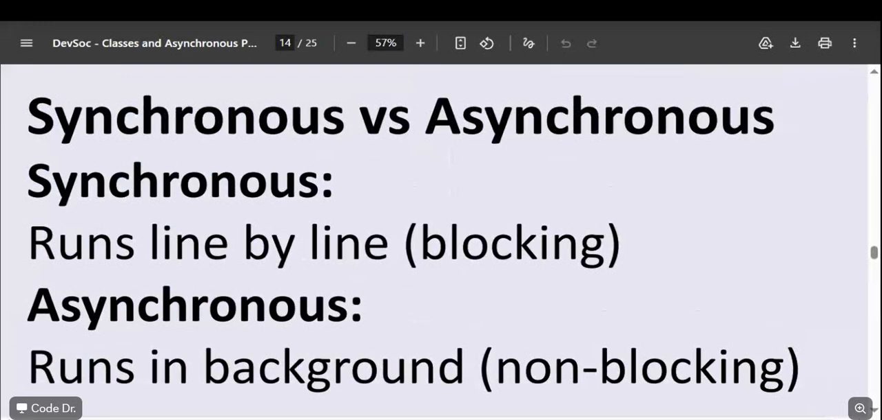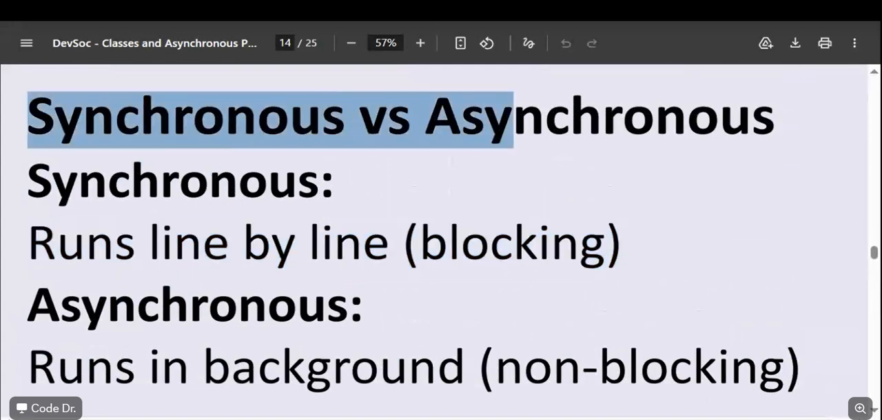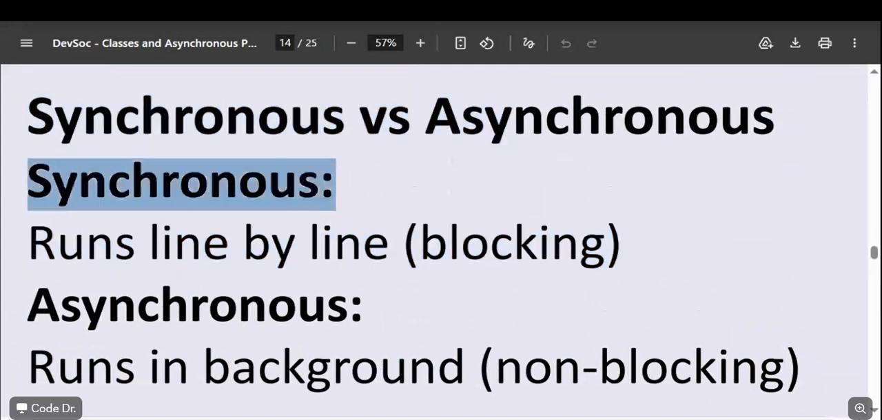This was asynchronous. This is the same thing I just explained, so I'll just run through it. For synchronous, it runs line by line. That means this line must finish before the next line will work. Just like your bank